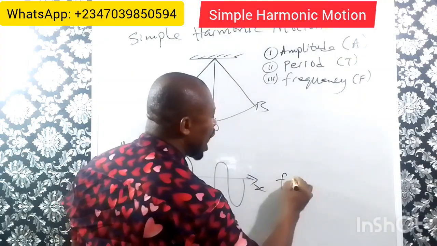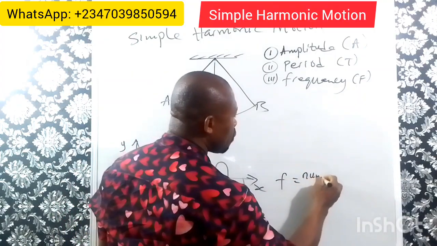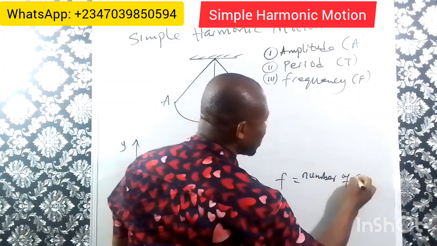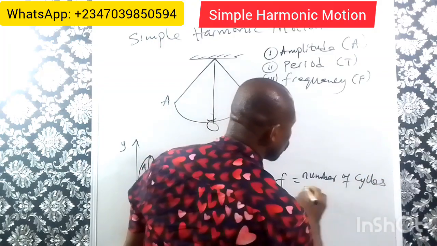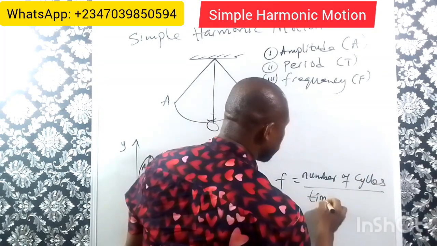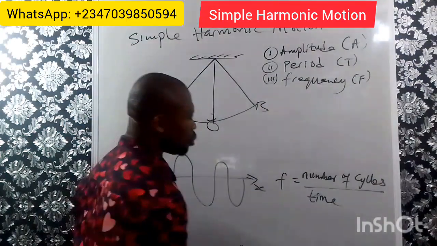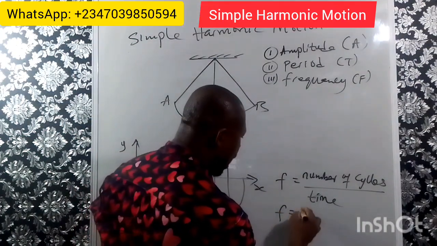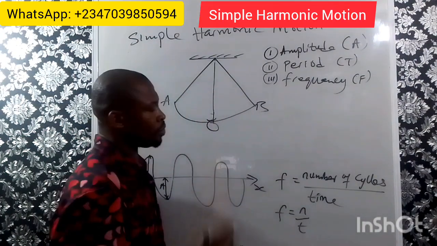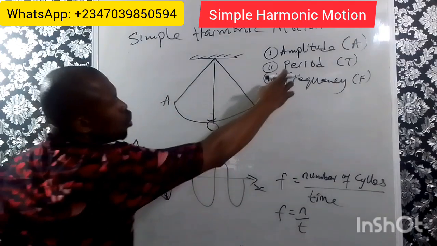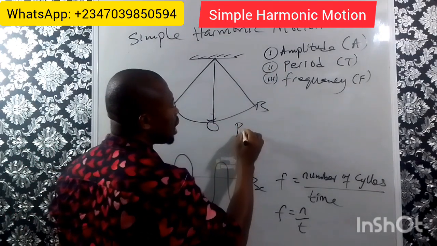So we now have that F is the number of cycles over time. So which will give us that F is N upon T. Let us go back to period. Period T